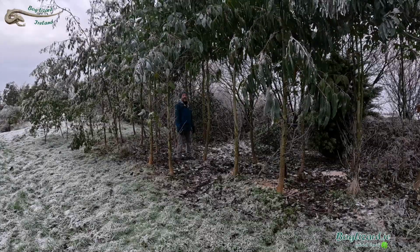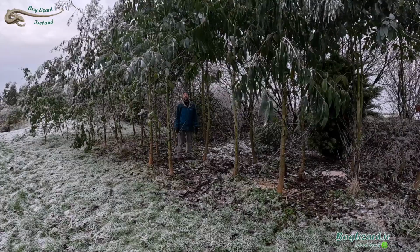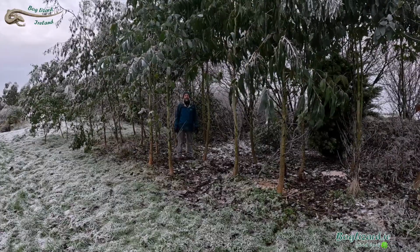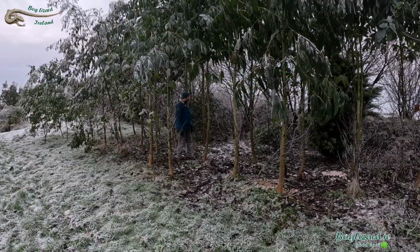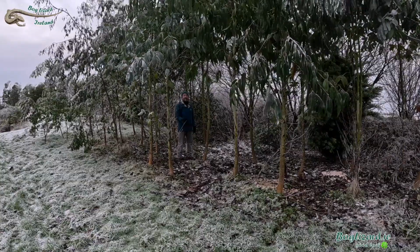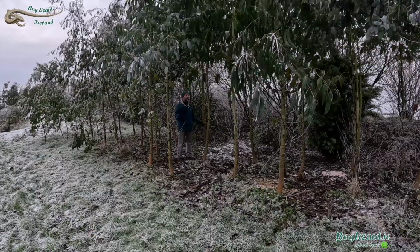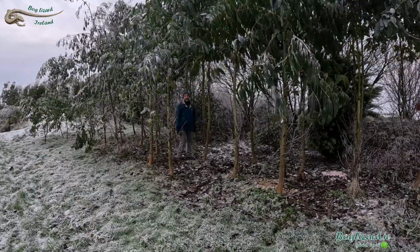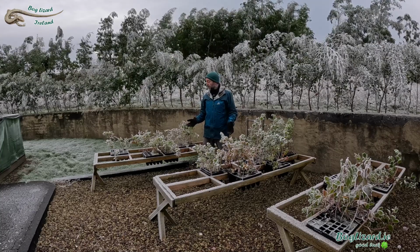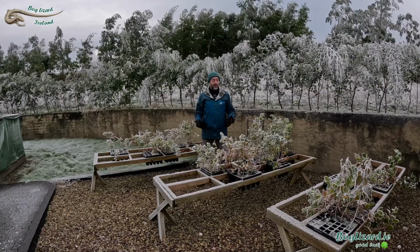These nitens aren't exposed, or this area below the nitens isn't exposed to the sun. It's pretty well shaded at this time of year where the sun's low. So this corroborates what I'm saying about much less in the way of frost below where there's a covering of a canopy of leaves. As you can see, this area doesn't have much in the way of cover from a canopy of leaves or protection from